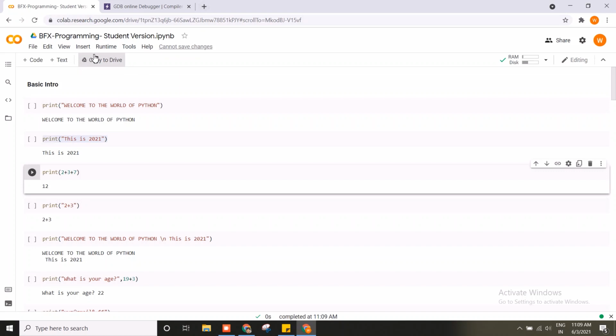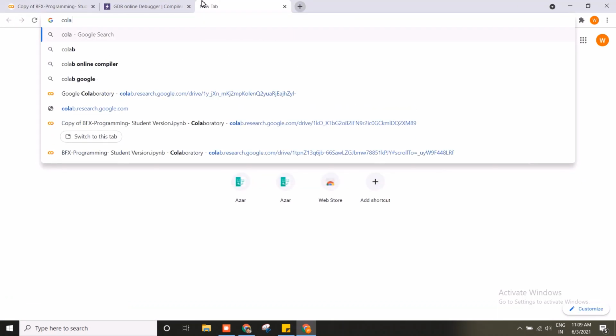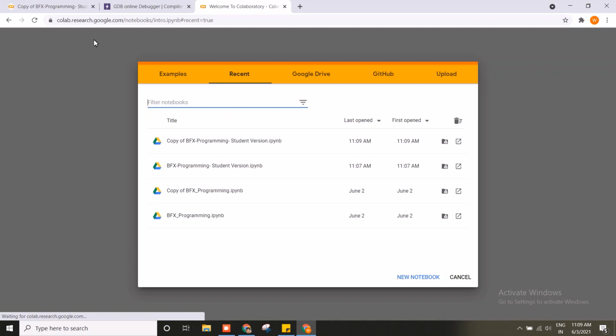So let me show you how to do that. I clicked on copy to drive, so now it will be creating a copy of the student version. It will just take a few seconds, and then you can make changes according to your needs on that. That wouldn't reflect on anyone's account except for you.